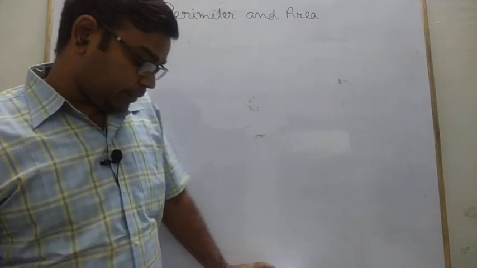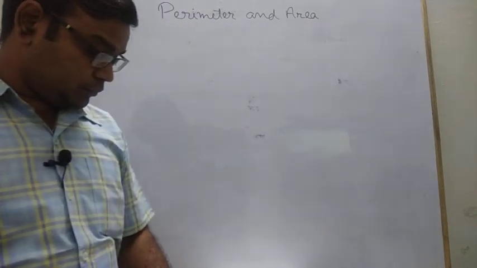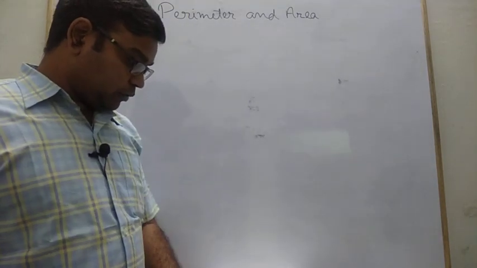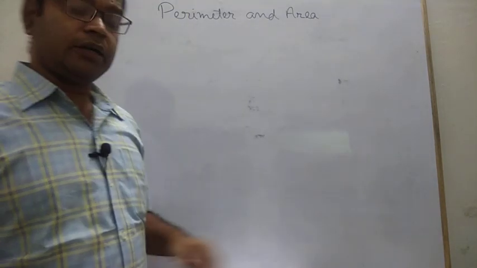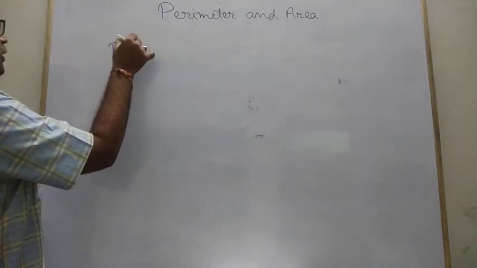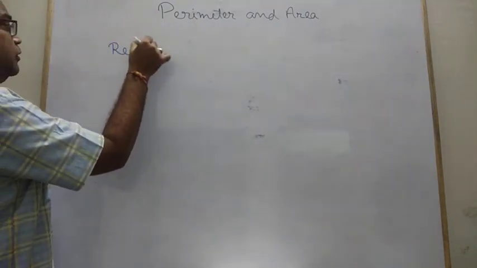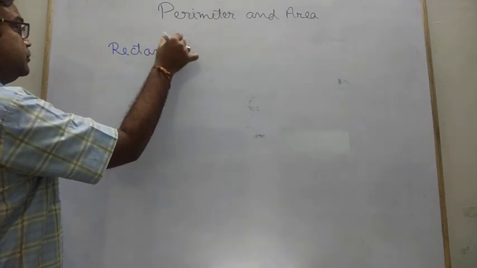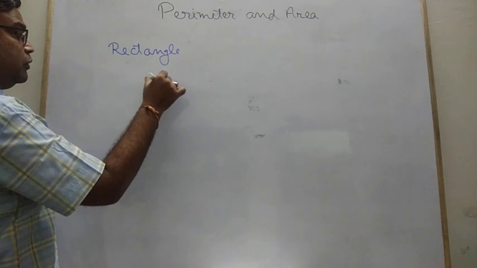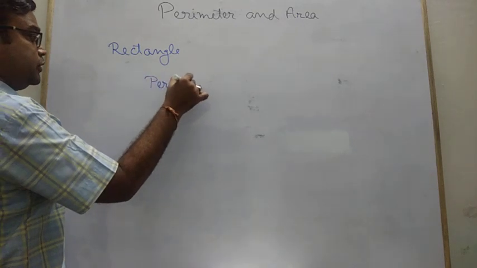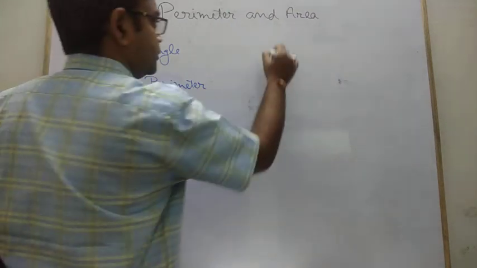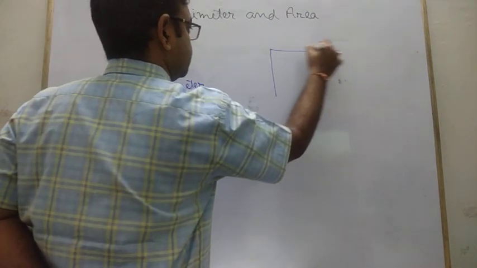Now, we are going to start from the rectangle. Our first topic is perimeter and area of a rectangle. In a rectangle, perimeter means what? Sum of all sides. So as we know, in a rectangle,